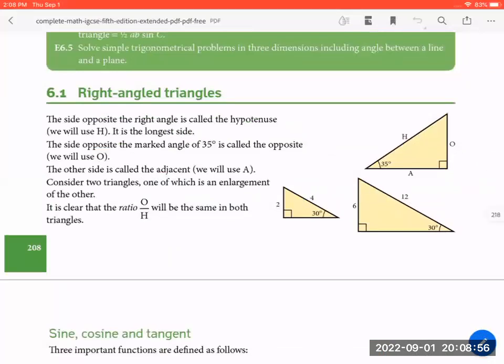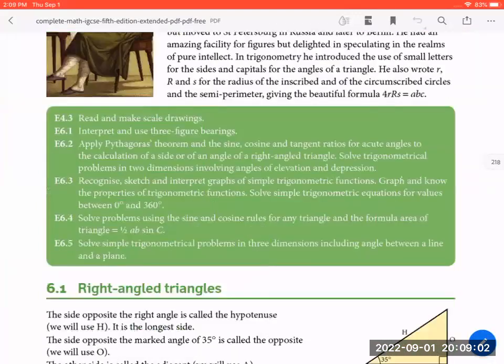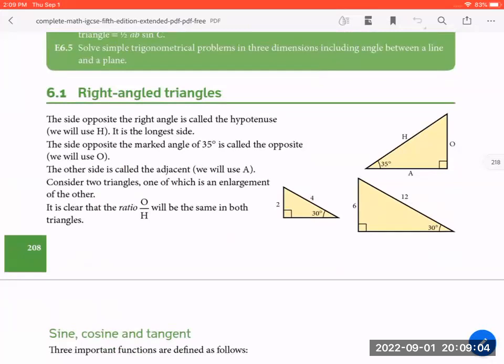So now we are going to start chapter 6, which is trigonometry. We will start with the right angle triangle. Malak, can you tell me what is the right angle triangle? It is a triangle which has an angle that is 90 degrees and the other two angles are acute angles,